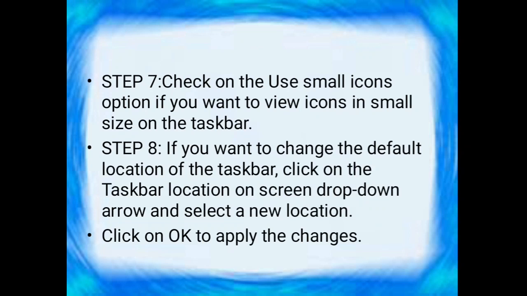After the taskbar appearance, you have an option, taskbar location. In that, whether you want bottom, top, left or right, whichever position you want, you can fix it. That is called taskbar location on the screen. The next one is taskbar buttons. When you click that one, you can combine or separate icons for files. Okay, students.